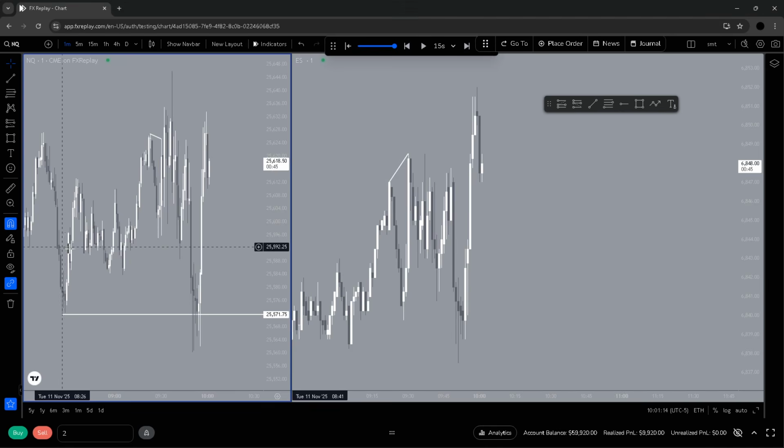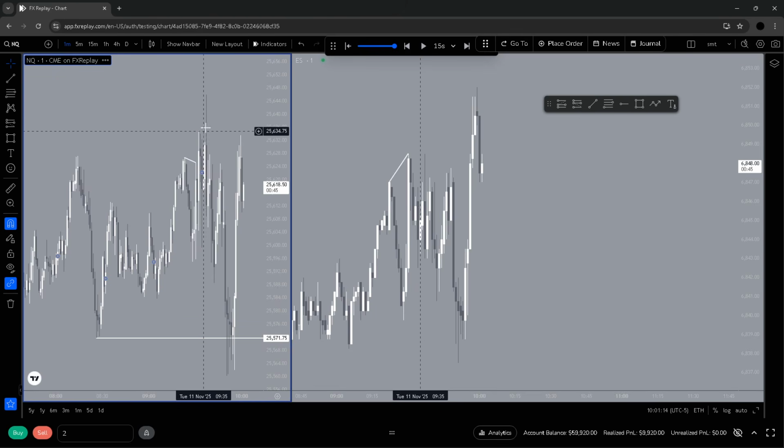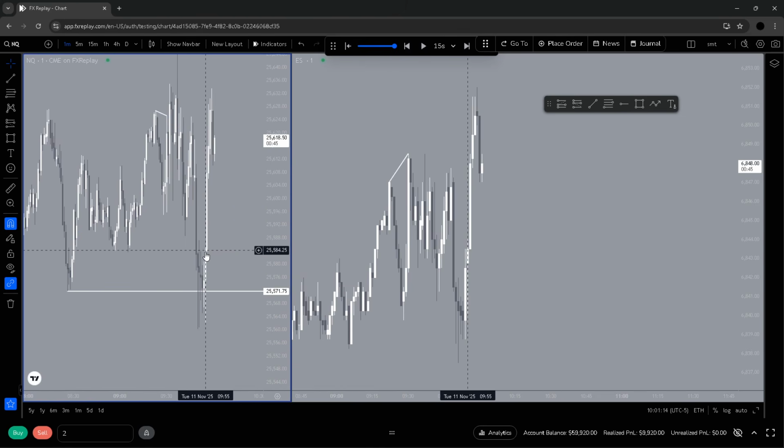Honestly, if you didn't want to take that discretionary trade, let's just say we didn't want to take that and we're taking longs here. So we have the manip at the bottom. Displacement here, entry here, or entry here, stops here, take profit up here. Something like that. I'd see that being completely valid, to be honest.